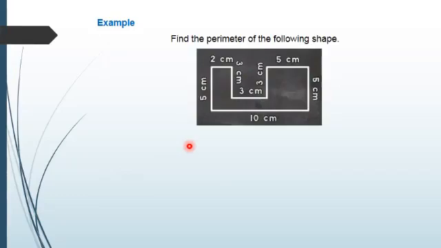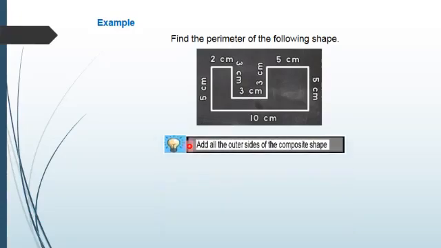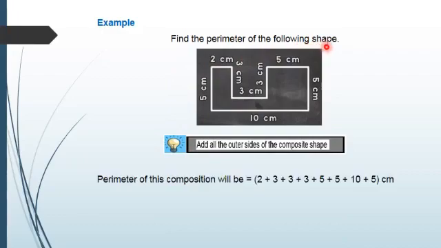Now let's solve an example. Find the perimeter of the following shape. For this, what we have to do is to add all the outer sides of this composite shape. So, the perimeter of this composite shape will